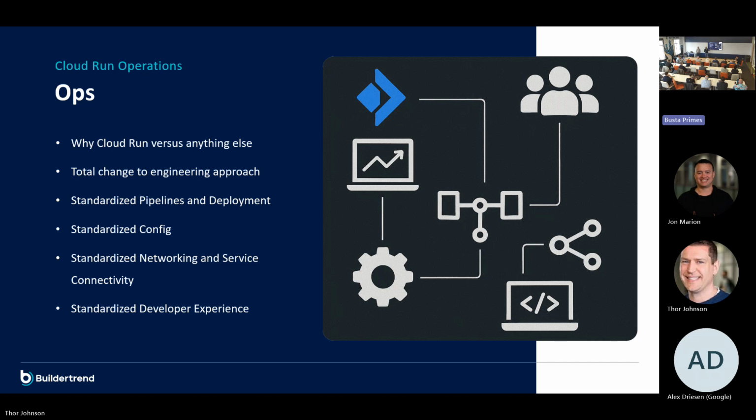And that's not only the best part for us when we looked at how do we help the developer. Well, we create standardized pipelines. So when we looked at Cloud Run, we said, well, Cloud Run's really easy now. So how can we standardize the rest of our process? That kind of moves into the total engineering approach change, right? So any questions about what Cloud Run is? Cloud Run is really a container, will run your containers for you. And it does piping for you pretty easily to talk to the local network, to talk to other services you run in Cloud Run. Does anybody have a question about what that piece is?